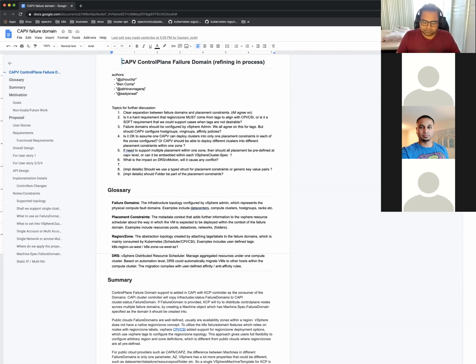I have done this before in Cloud Foundry, in the CPI, the vSphere interface. What we did was we got the host groups from the admin, and then we created the VM groups with host group plus cluster group name. And then this was lifecycled with the cluster. So let's say there are 3 host groups, and all 3 are being used as fault domains. We'll have 3 VM groups named host group plus cluster name. And then all the VMs of the relevant VM group will be added to this, and we'll create a VM affinity and anti-affinity rule. So the VM groups and the rules will be lifecycled with the cluster, but the host groups will stay on. So that's how it was.